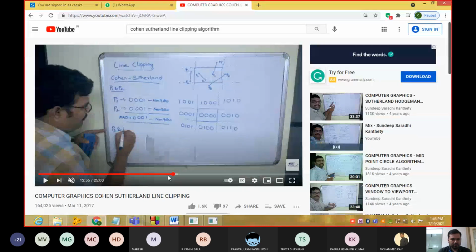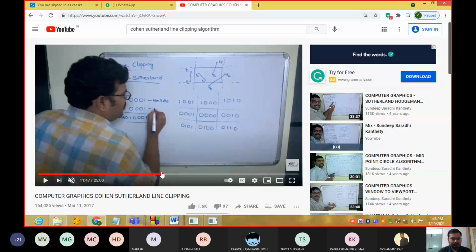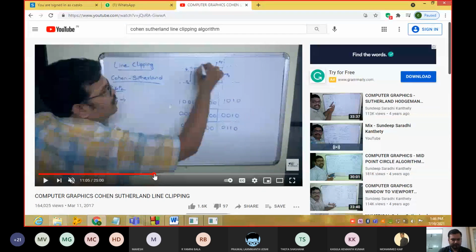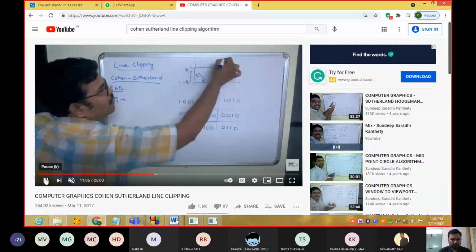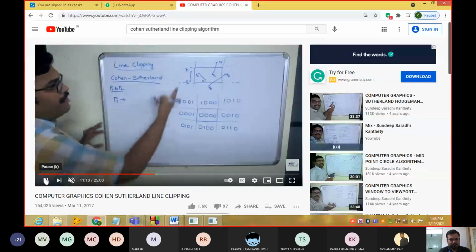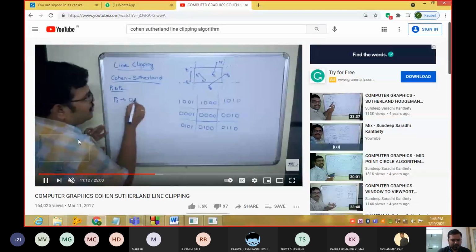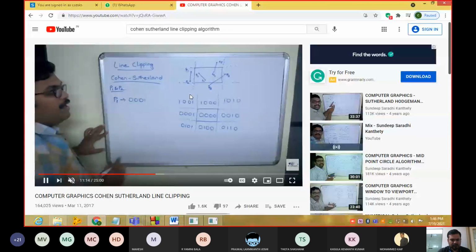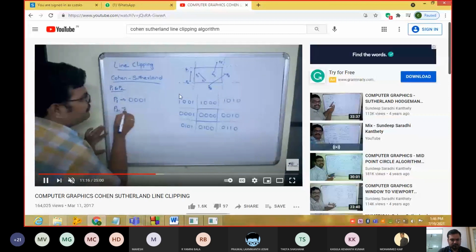I'm not asking you people to go through this entire window, like how he is making the point P1 and P2. What is P1? P1 is lying at this position. This is P1. So its value is 0001.